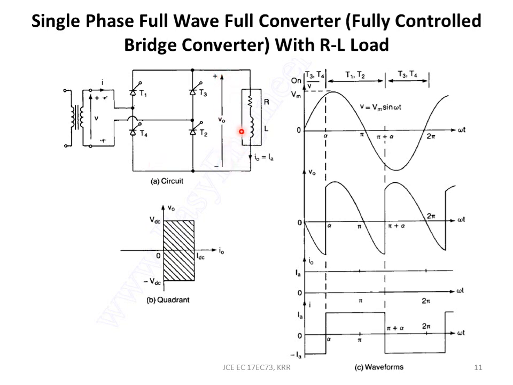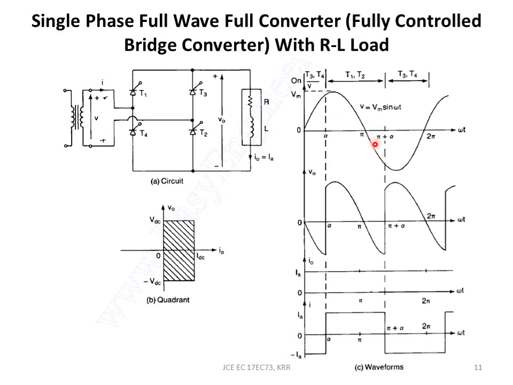And since I don't have a freewheeling diode like in the previous case, that current would have flowed like this. So the effect of the inductor is to not stop that current at pi, and the current will be forced to continue to conduct through the same devices, right? Through the same devices means T1 and T2 in the same direction. So T1 and T2 will continue to conduct because of this inductor. If it was purely resistive, it would have stopped at pi. But this inductor is the one responsible to keep the current flowing even beyond pi.